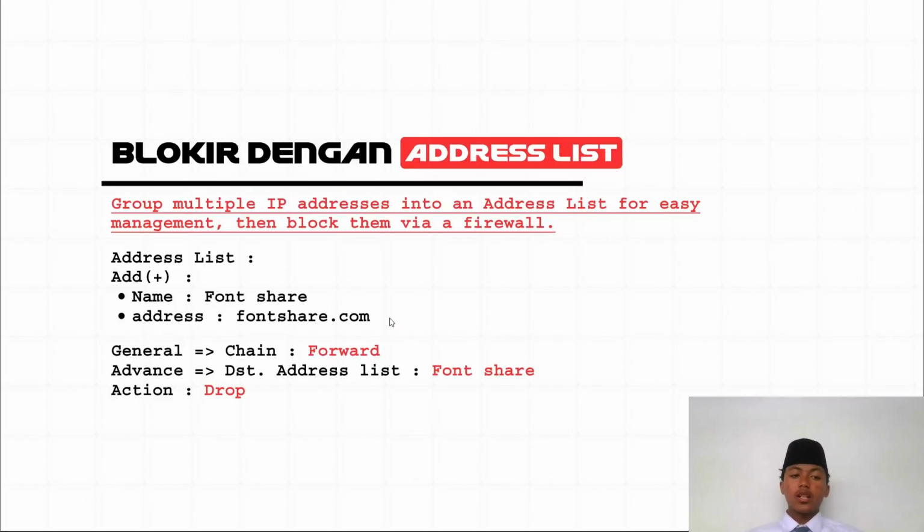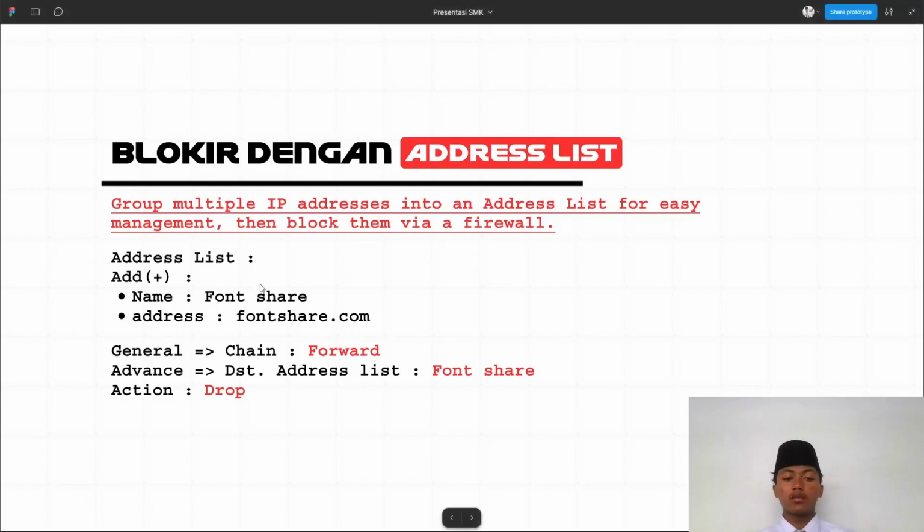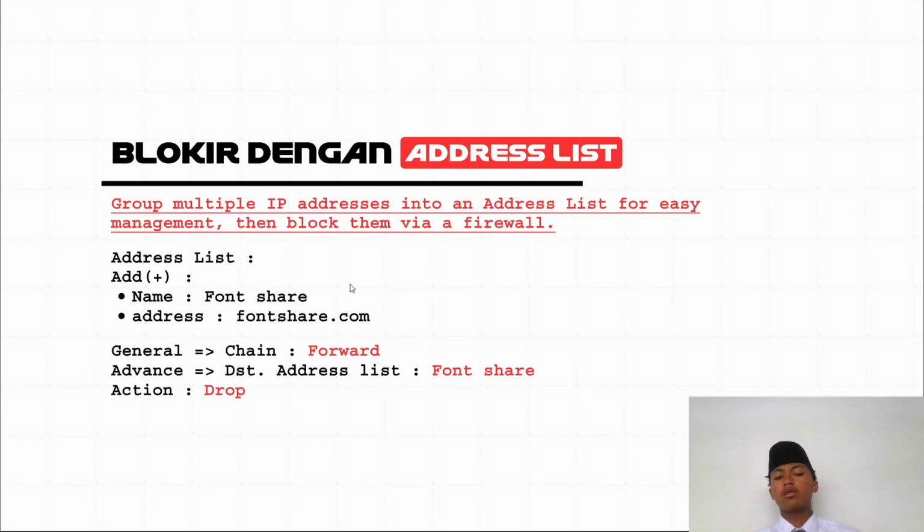Okay. Next there is blocking with address list. Address list groups multiple IP addresses into an address list for easy management, then blocks them via the firewall. For example, there is a site, Phoneshare. What is Phoneshare? Phoneshare is one of the sites. So